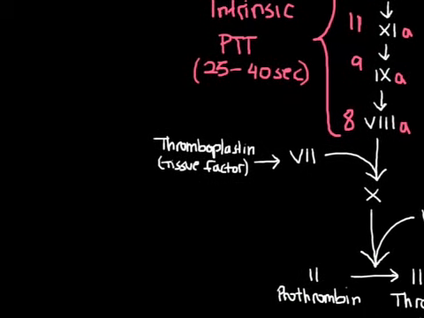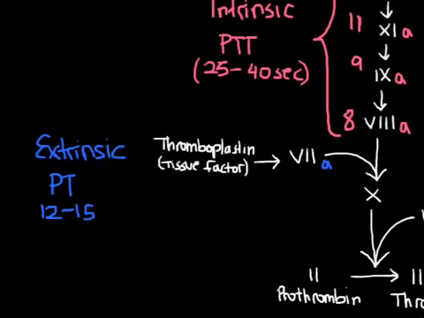This starts with tissue factor, which activates factor 7 into factor 7A, and then from there on it joins the common pathway. So the extrinsic coagulation pathway is measured by the prothrombin time, PT, which normally is anywhere from 12 to 15 seconds. So if this is prolonged, you know that there's something wrong with the extrinsic part of the